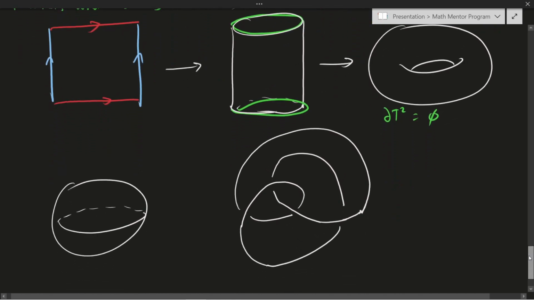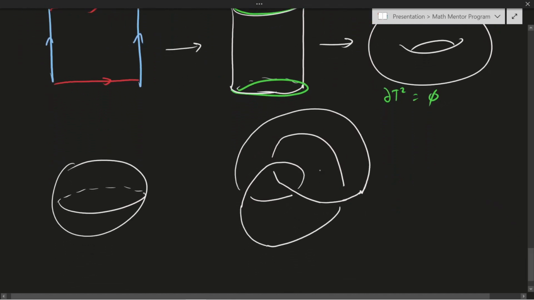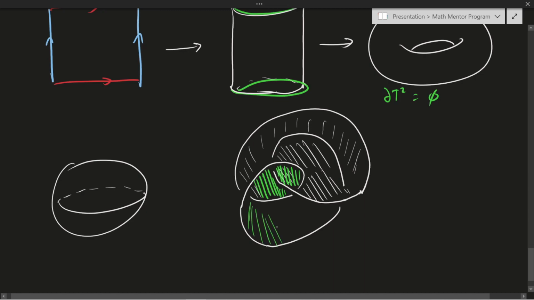And finally, here I have a very special example. This is an exercise in dimensionality. What I've drawn here is actually something very strange. This is a knotted surface. It is a surface that is intersecting itself. And back here it continues, and it actually goes up through here, passes up here, and it continues back down here. So this is a bit of a complicated object, but this is a surface,